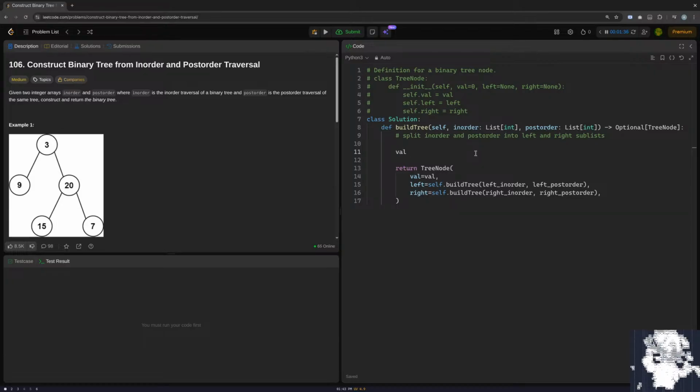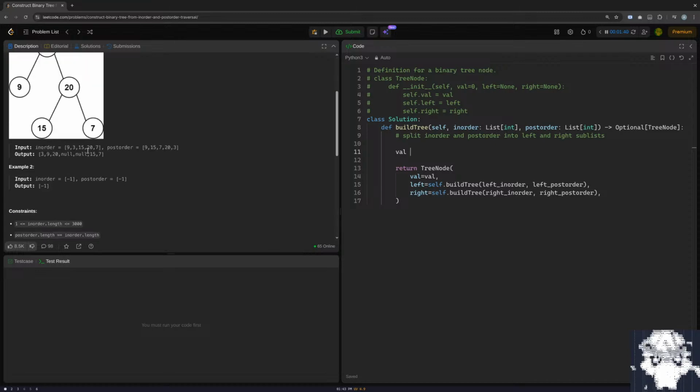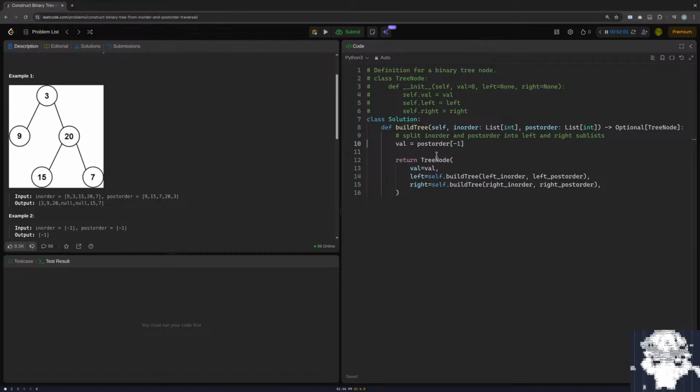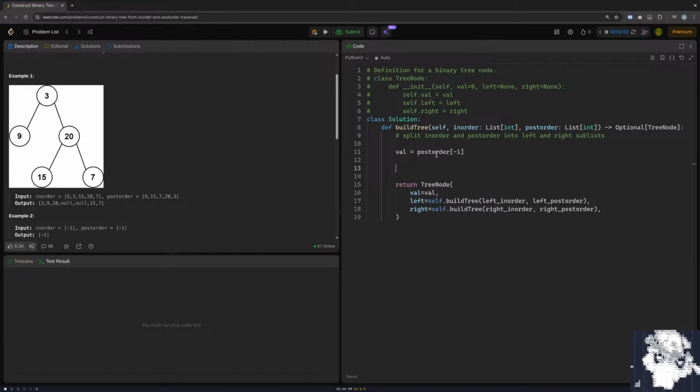So first of all, we have in-order and post-order. We have trouble even figuring out what the root is. No, the root is going to be the last thing in the post-order. The root will always be the last thing in the post-order. So val equals post-order[-1]. Then